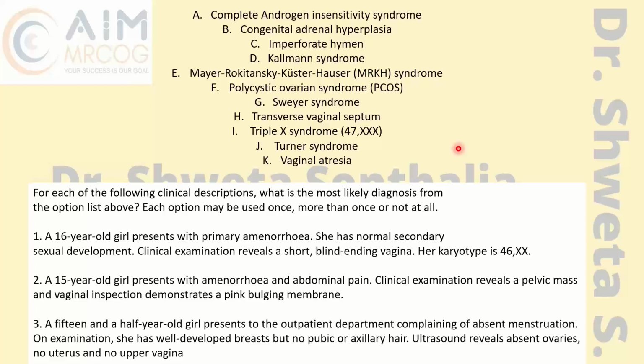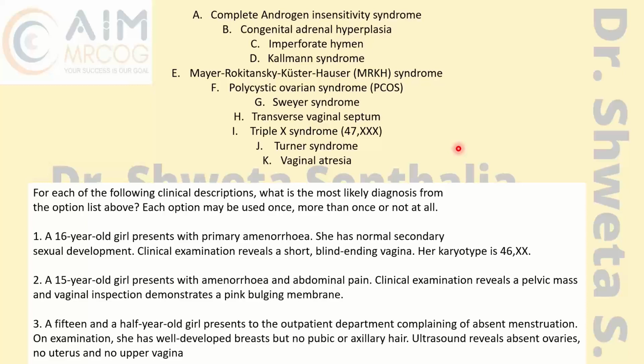Okay, ma'am, I'll read. A 16-year-old girl presents with primary amenorrhea. She has normal secondary sexual development. Clinical examination reveals a short, blind vagina. Her karyotype is 46XX. So, ma'am, it will be